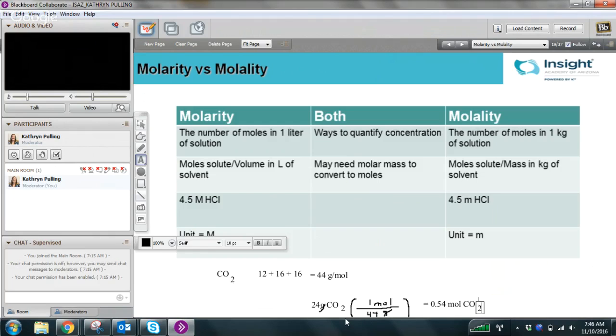Okay, so if you're converting from grams to moles, you divide by your molar mass. All right, so